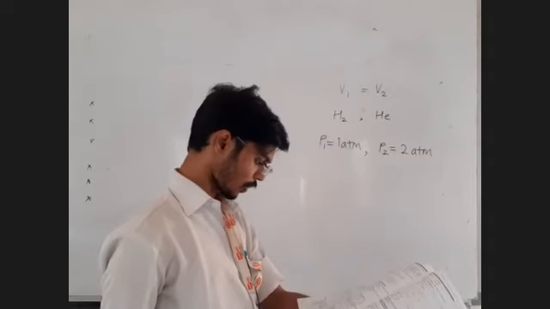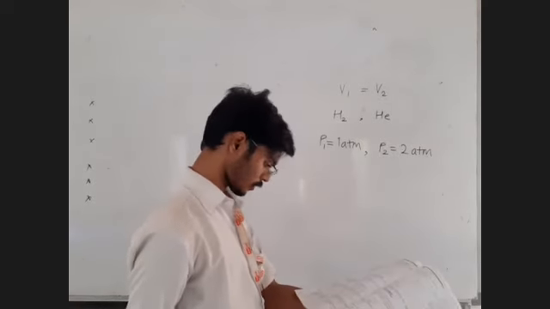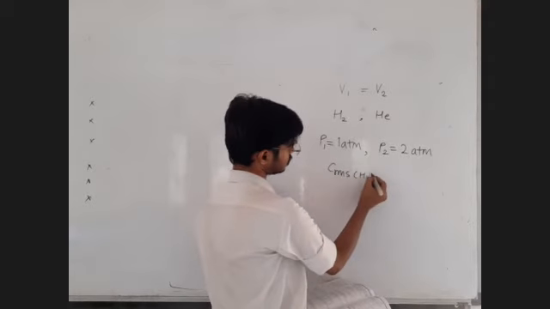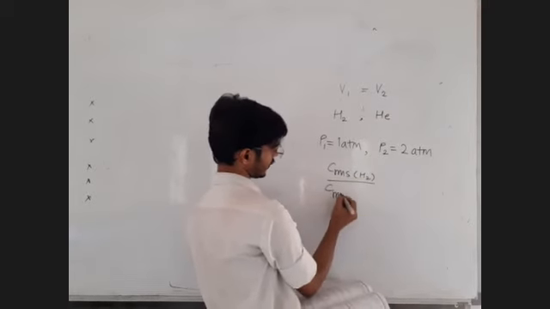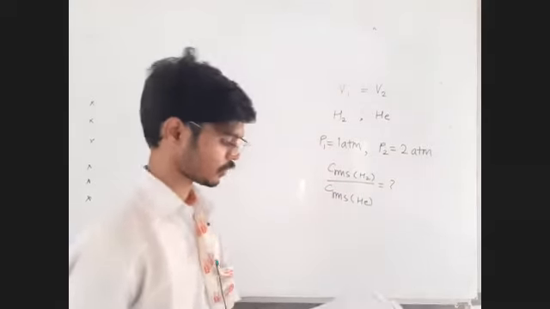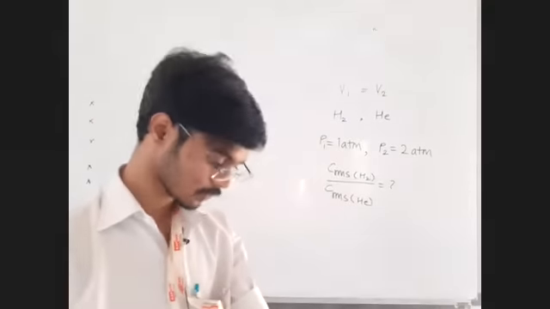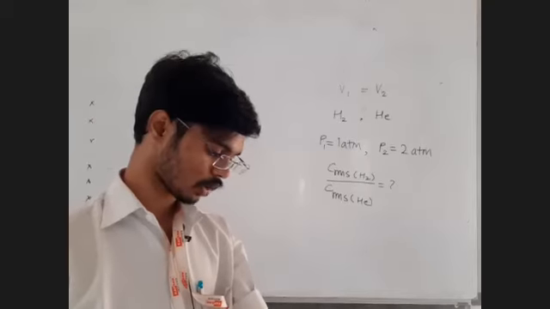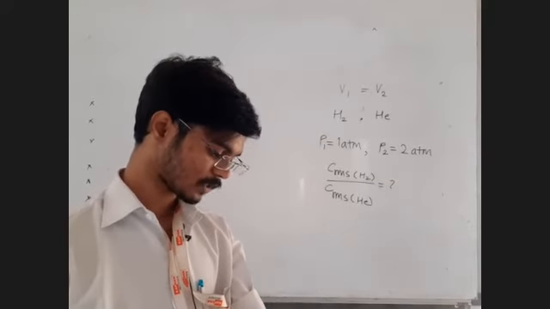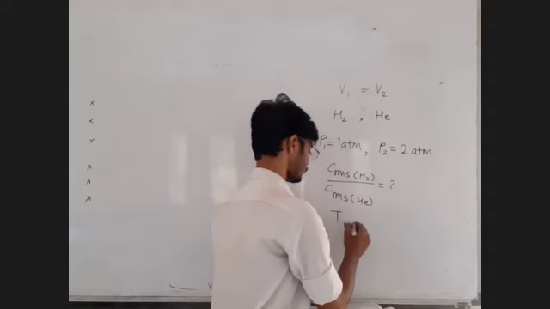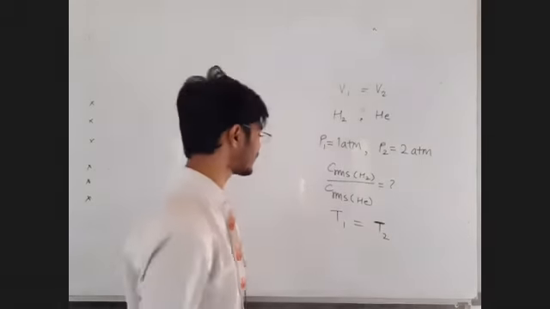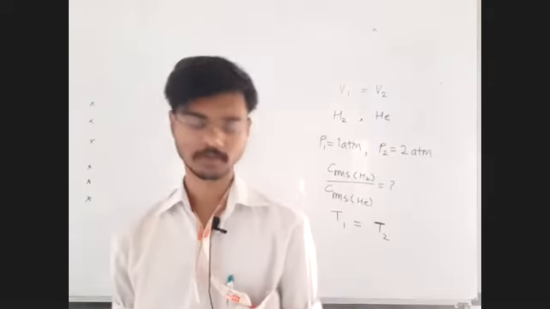What is the ratio of RMS speeds of hydrogen to that of helium? CRMS of H2 divided by CRMS of helium is equal to question mark. It is a ratio type of question. You must be able to deal with such kind of questions. Assume that both the samples are at the same temperature. Even if they have not given the temperature data, we would have taken it same, because without temperature data we cannot proceed. You can know that from the formula itself.